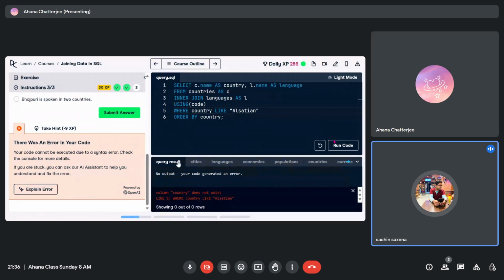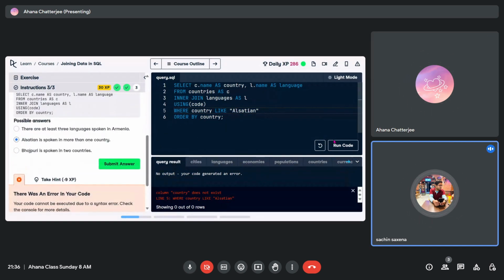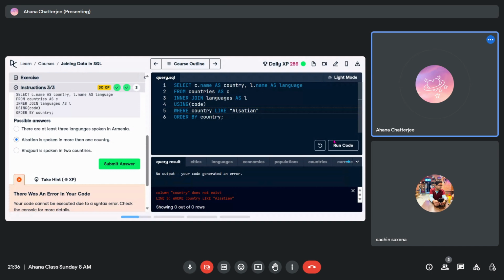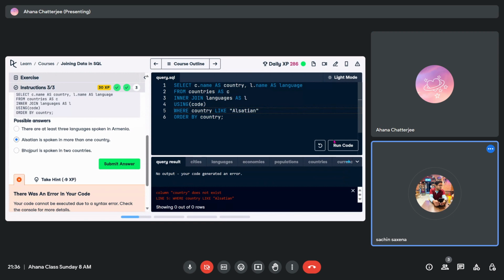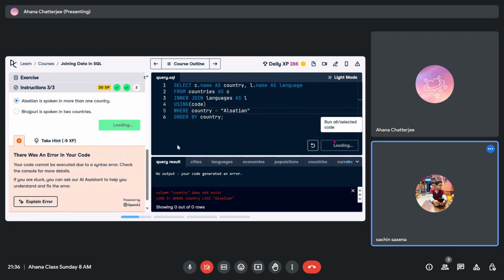Okay, can you include equal to instead of like? Can you replace this like with equal to? Okay, now can you run this code now? Can we have a comma? I think a comma will work here, just after the where clause. Can you go to the end and